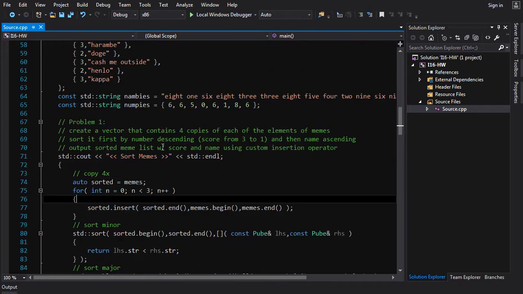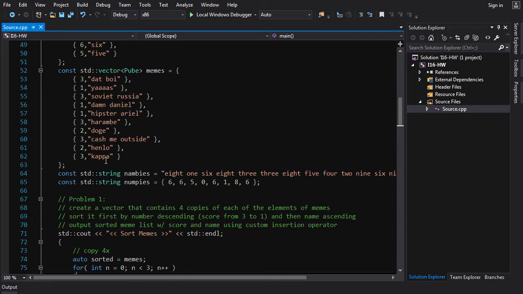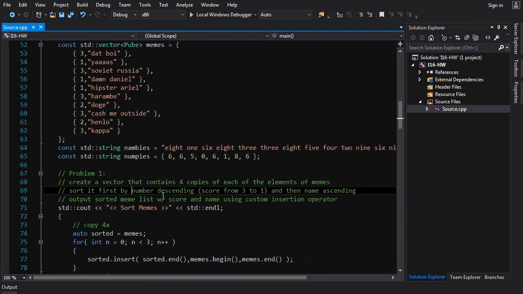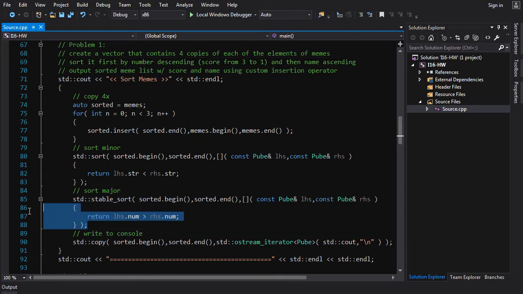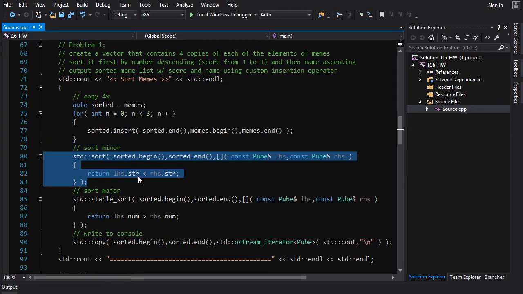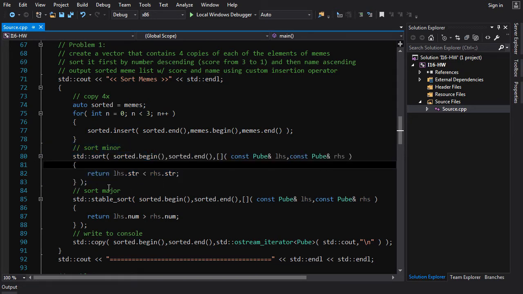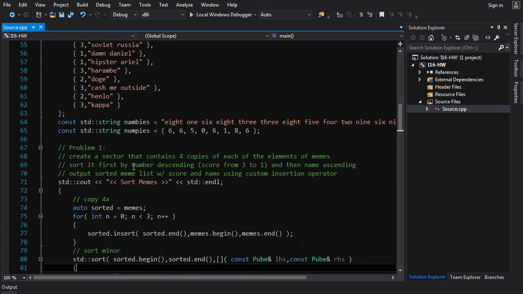Now, we want to sort it first by number descending, which is basically, I call this the score of the meme, doesn't really matter. So we got to sort by number descending and then by name ascending. So the major sorting order is going to be by number. Now, the major sorting order is the one you do last, because the one you do last is the one that has the most influence. So first what we do is we sort by name, and since our comparison operator is comparing the numbers,